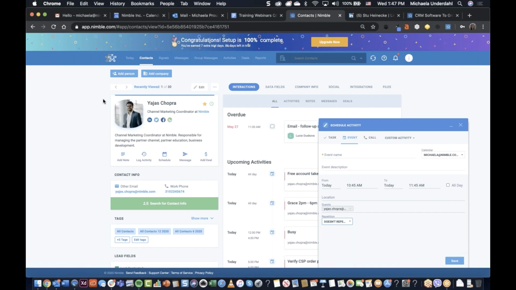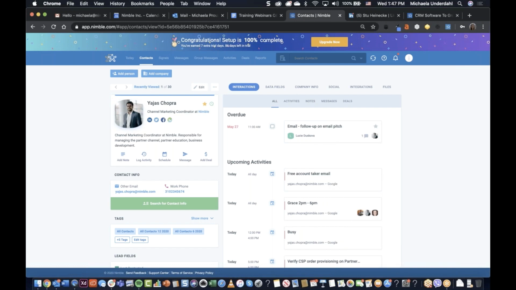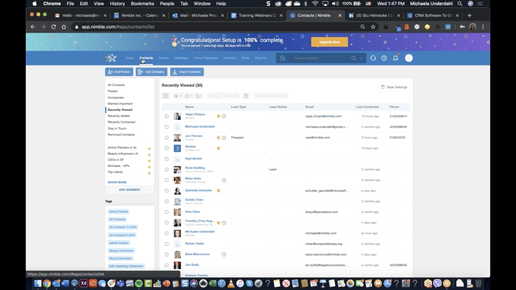Paige is asking, I imported data and the fields were not mapped properly. To re-import my contacts, do I have to delete the existing database or can I just re-import and it will update? If I need to delete, what is the best way to do that? Great question. So you can do both things. Whatever you think might be easier for you. In case you applied a tag to the import, it will be very easy for you to locate the tag